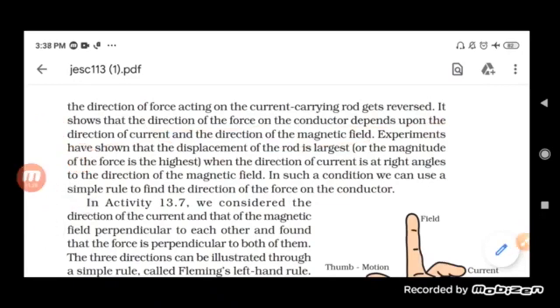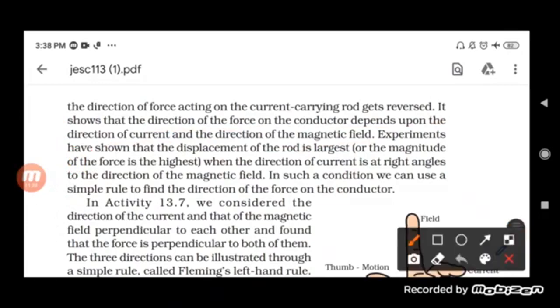Okay. So if there is any change in the magnetic field, or any change in the direction of the current, students, then obviously the direction of the force on the conductor also changes. Now when we did the experiment, we found one thing: the displacement of the rod. Why is the displacement of the rod occurring, student? It is because of the force acting on the aluminium rod because of the magnetic field produced there.